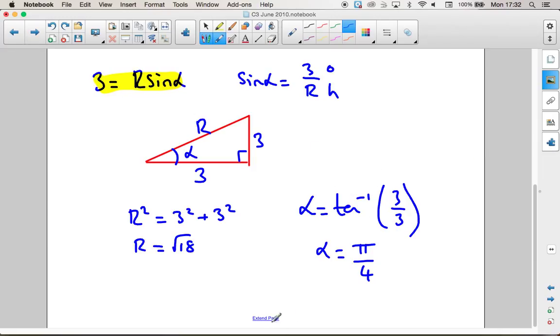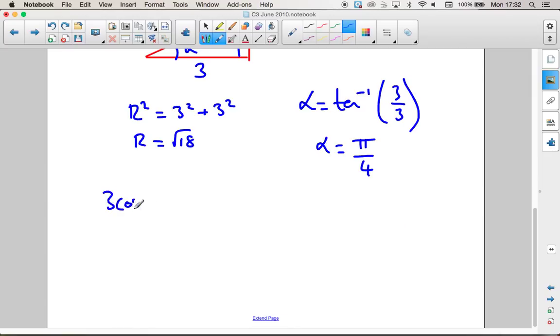So that means we can rewrite our 3 cos x plus 3 sine x as root 18 cos x minus pi over